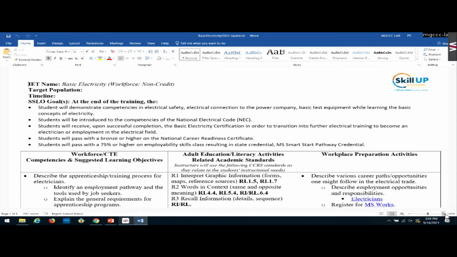I will tell you, they are never going to come visit us on how we design our SSLOs, okay? They're not going to look there and say, this is not an appropriate goal, or this is not something that you should have put in there. That's not what they're going to do. They're going to look and see if we have the three components of the IET on the SSLO. They're not even going to look at the template. There are no approved federal templates for us to use, okay? You get to design it the way you want to, as long as you can show the three components.